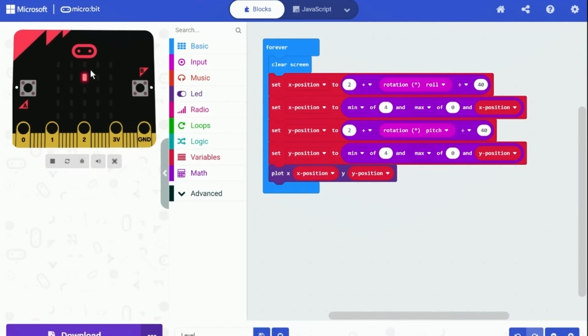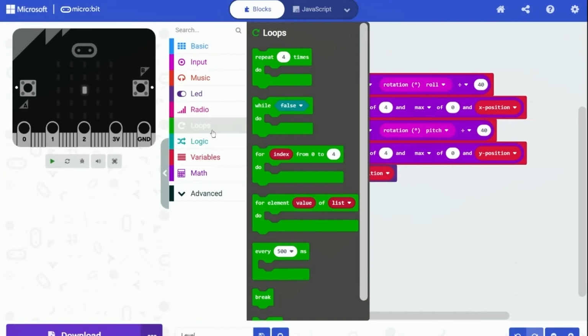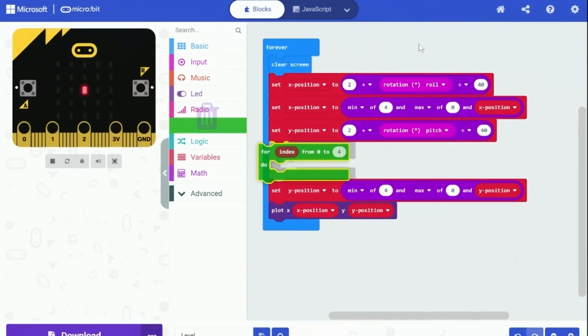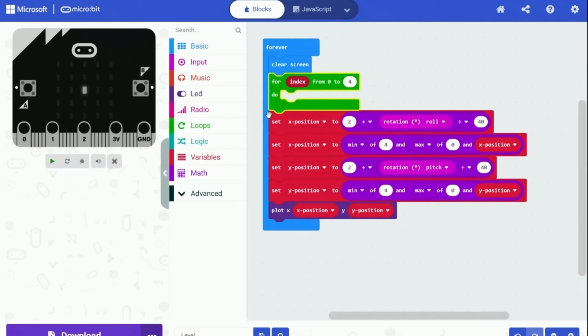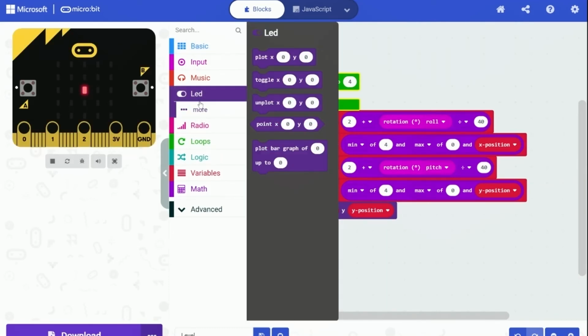How about let's improve it by adding some guidelines indicating the center of the screen. Like we can have a cross on the screen. We can make this cross a bit lighter on the brightness, so that it will not be confused with the LED point. We are going to use the for loops to draw this guideline. You can find this block under the loops category. It can loop a variable for a few times and each time the variable will be increased by 1.